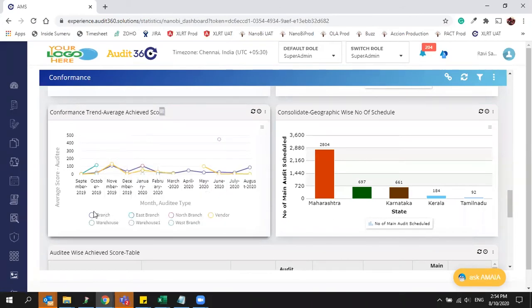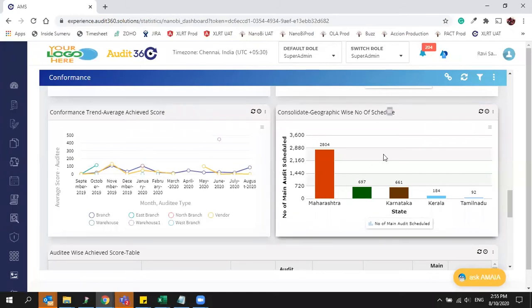If you have 3 or 4 different auditee types, like branch audit, some internal audit, or some vendor audits, with checklists defined that way, then based on the auditee type, you can easily see your average achieved score at a monthly level in the trend.